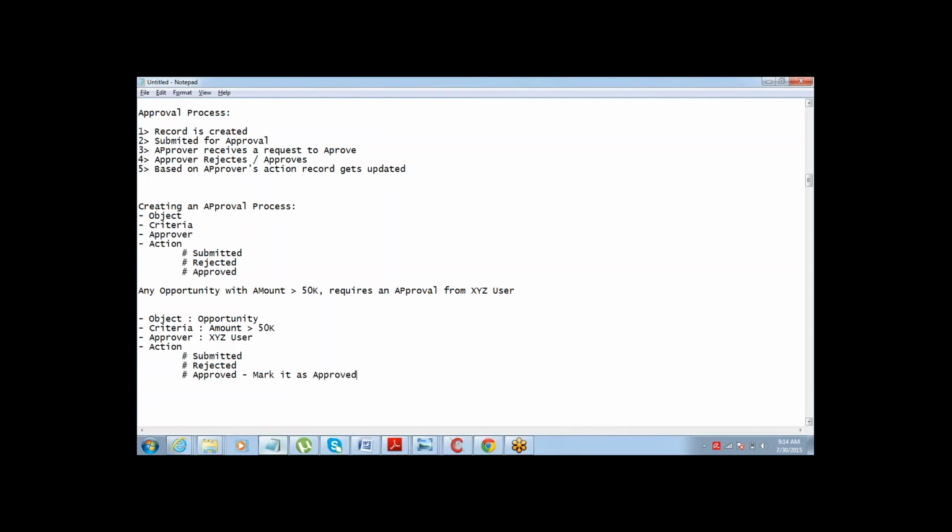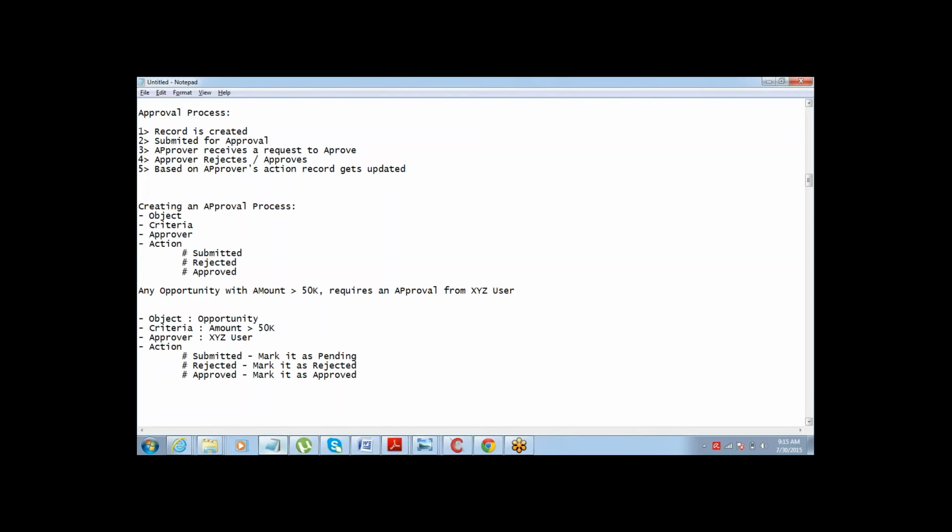So if the record is approved, it should be marked as approved. If it is rejected, then it should be marked as rejected. I just want to do this, let's say. And if it is submitted, I just want to mark it as pending. It's pending for approval. Let's say, that's what we want to do.